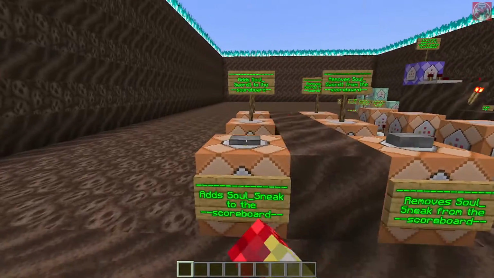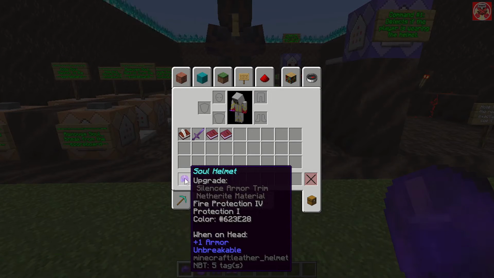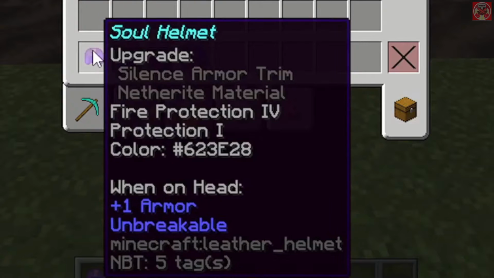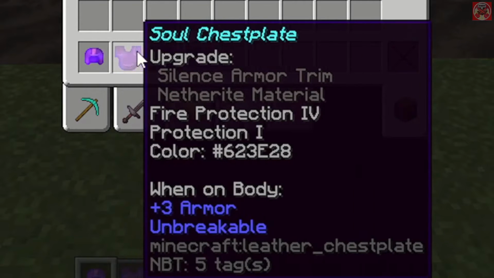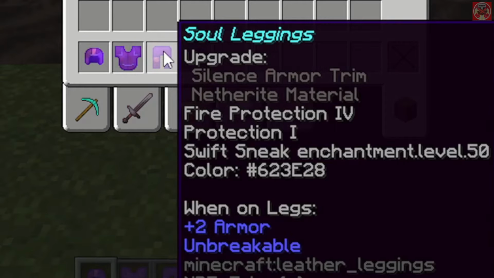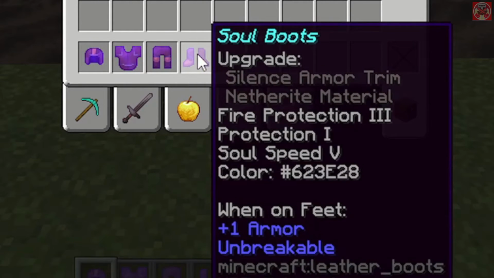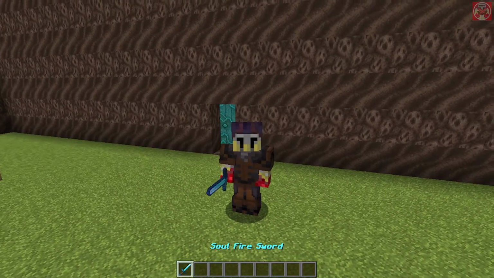So first off, as always, I'm going to demonstrate how this works, so I'm going to turn this on and get my soul armor real quick. So we got the soul helmet, chest plate, leggings, and boots. And you can see they all have fire protection 4 and protection 1 on them. The soul leggings have sneak 50. And the boots have soul speed 5 on them, allowing you to go really fast on soul sand or soul